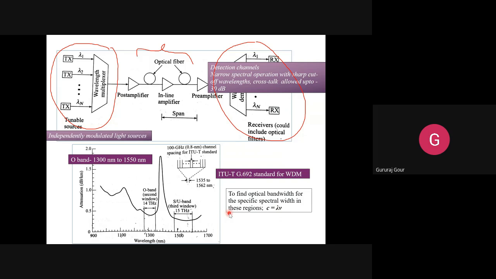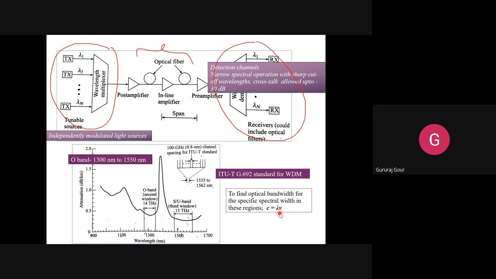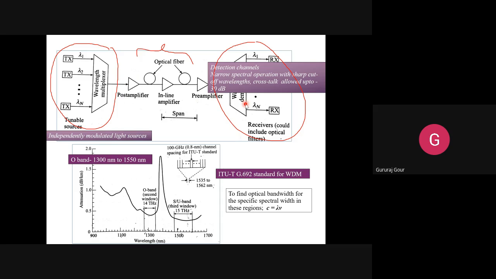along with either they give you the graph as a part of the numerical, or sometimes they give you the range of wavelengths with the band. For example, based on this formula only, I'm going to modify c equal to lambda v. Differentiating it with respect to lambda, for delta lambda very much less than lambda square, you will be getting this. So consider the fiber that has the attenuation characteristics as shown in the graph. This graph only.